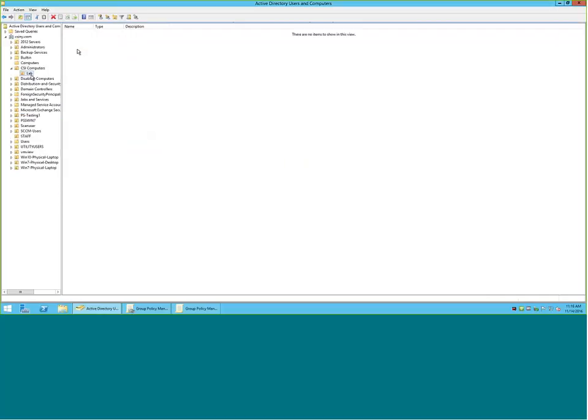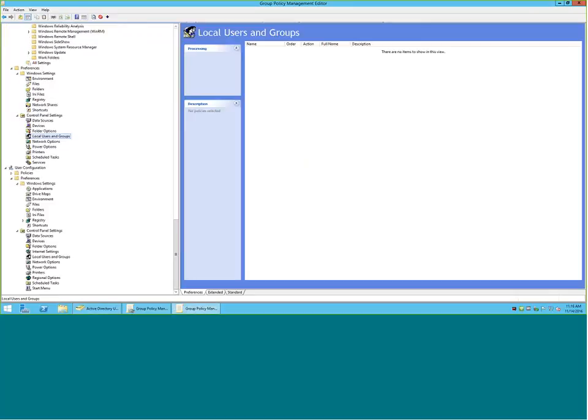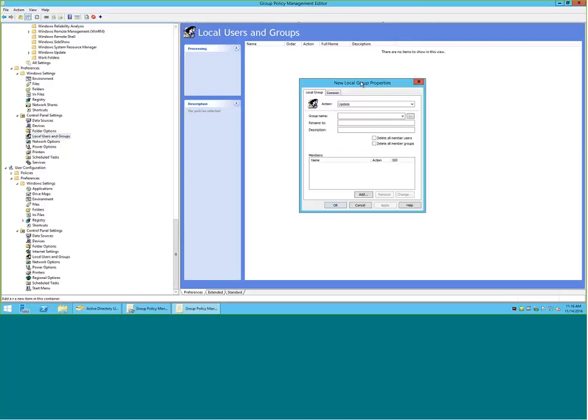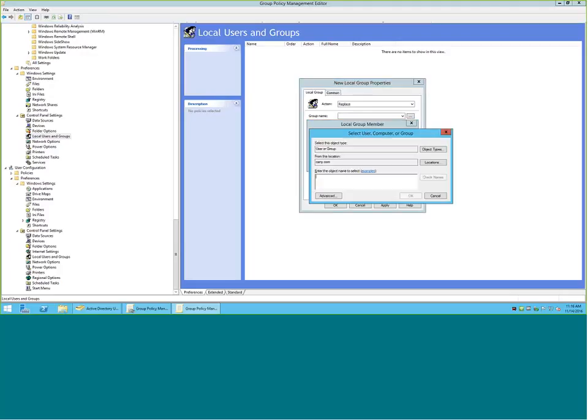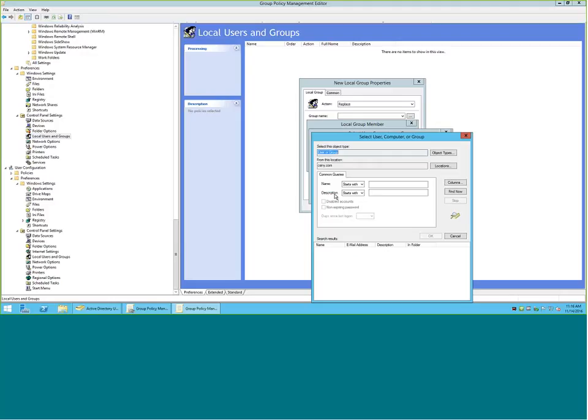Now if I put the lab computers in the OU called lab, what I can do is create a GPPE policy that I can attach to that lab OU, and I can basically say that what I want to do is add a member to the group. And the group I want to add is administrators,